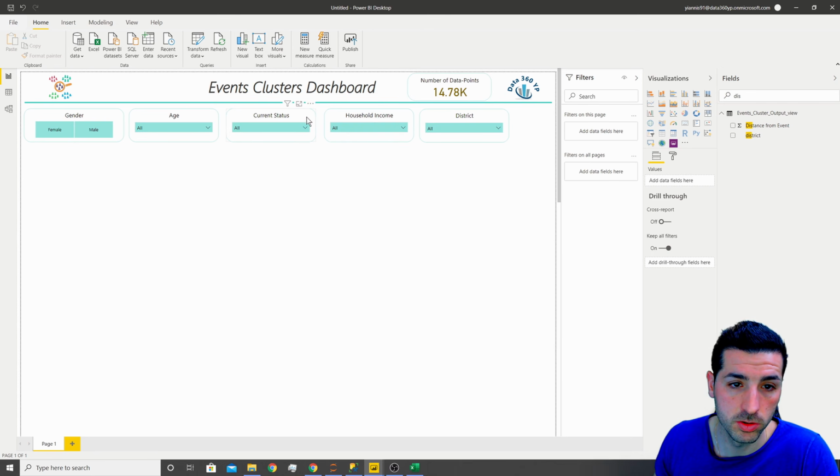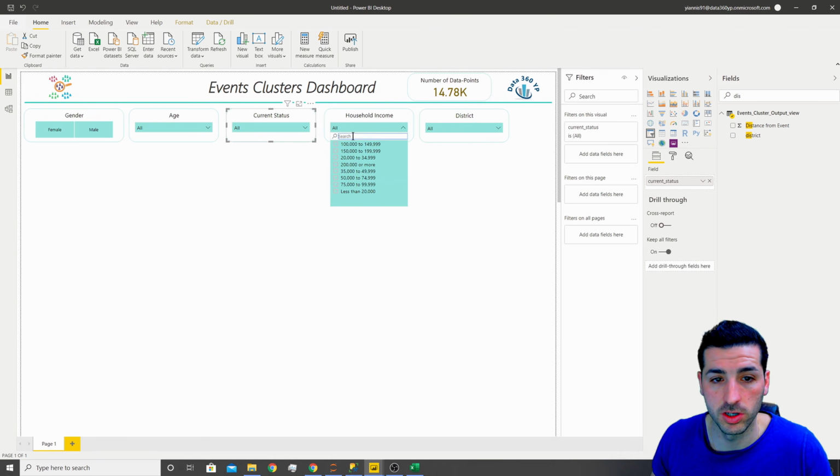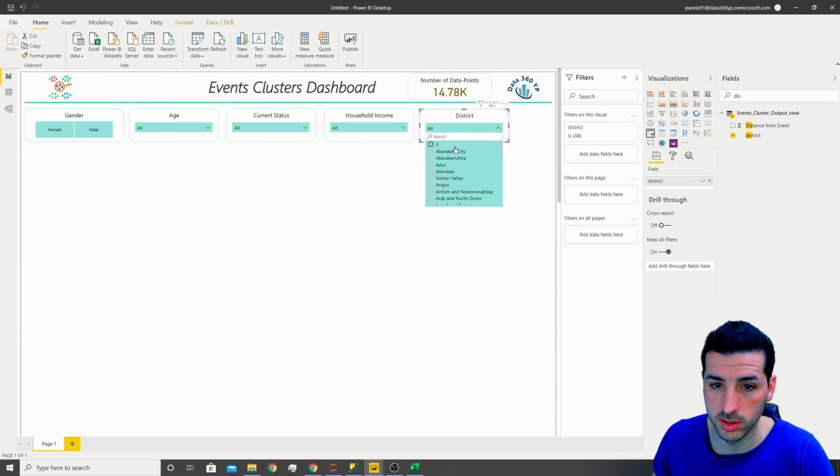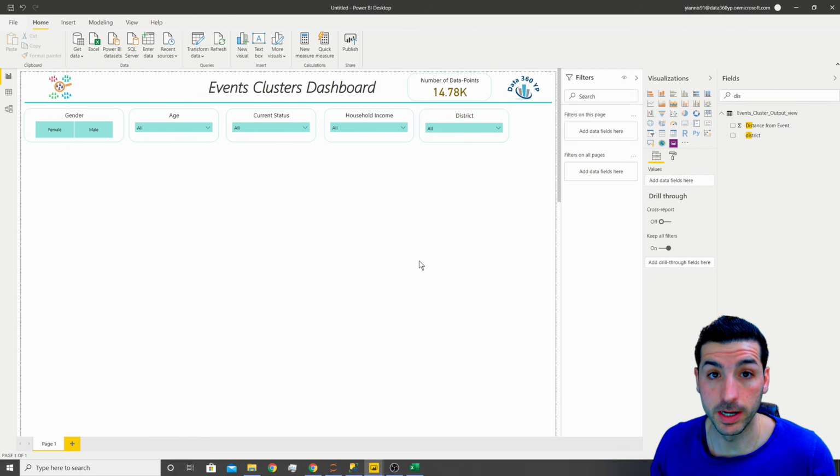the current status. We can also add the search. So if I add the search here, so we can actually search now. Same with the district. So if I click here, add the search, we can search now, which makes this much easier. Now I want to make these slicers smaller so I can fit one more slicer, which is going to